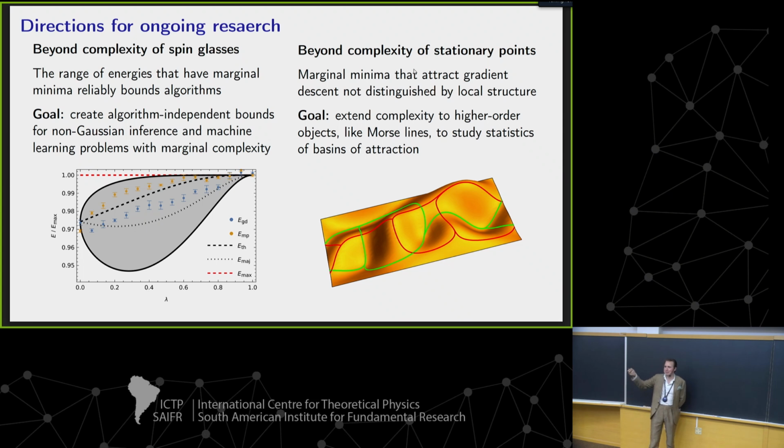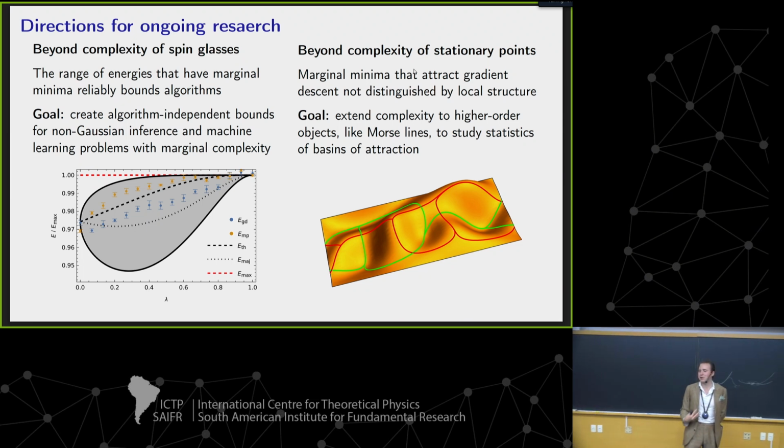If you do a quench from infinite temperature to zero temperature, which energy level do you end at, right? That's a tractable question we still haven't answered. And with this, the proposal is basically to go beyond complexity. Basically, what I have come to the conclusion from this amount of effort in trying to answer this question, looking at stationary points, pairs of stationary points, even triples, local information won't be enough. Something about the structure of basins is very important to actually get at questions like these.